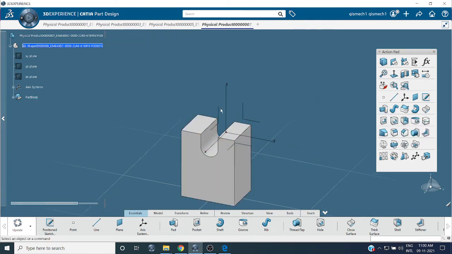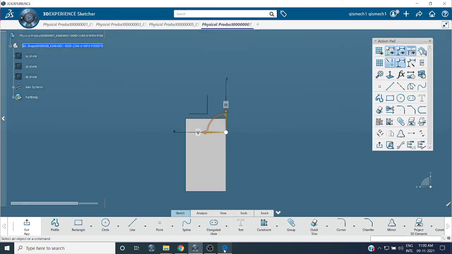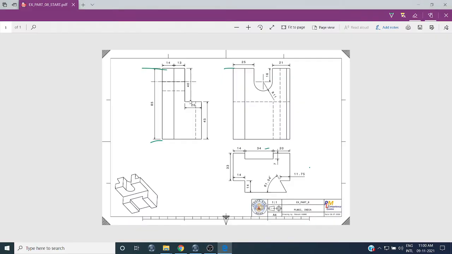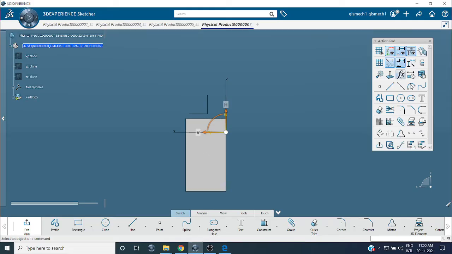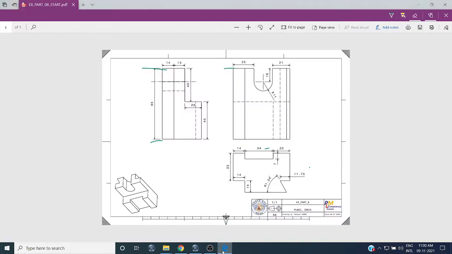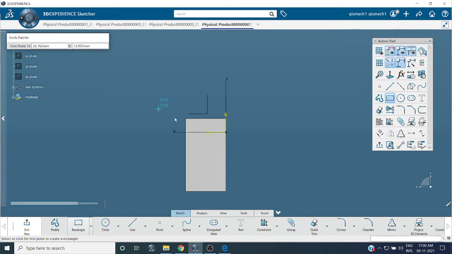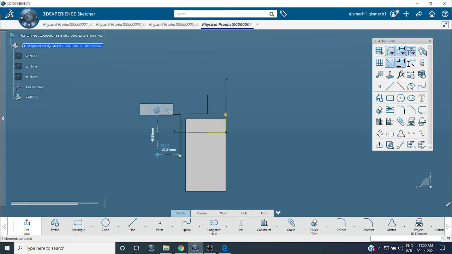And go to the side plane. Side plane, take a rectangle, dimension is 20 by 40. This is 40, this is 20.